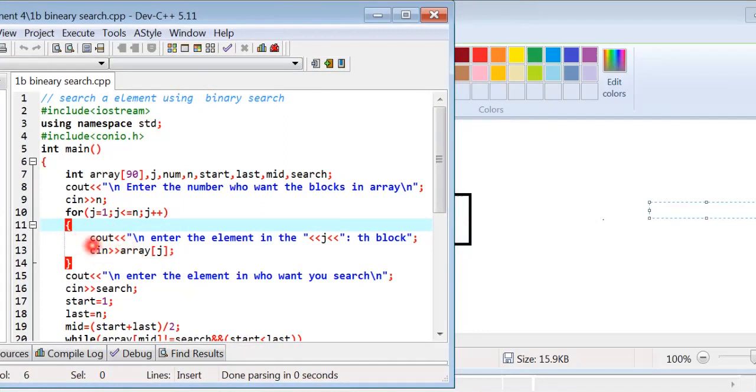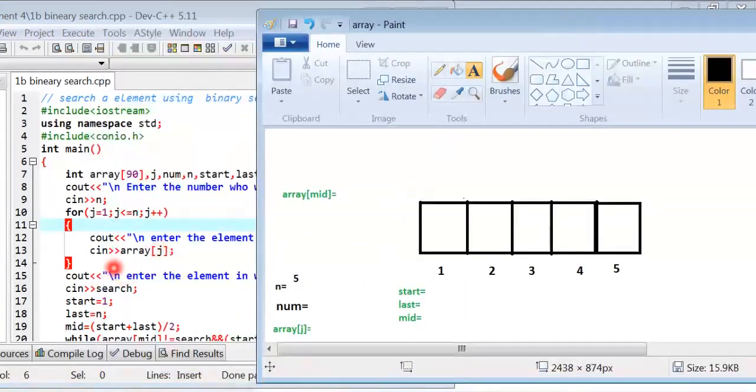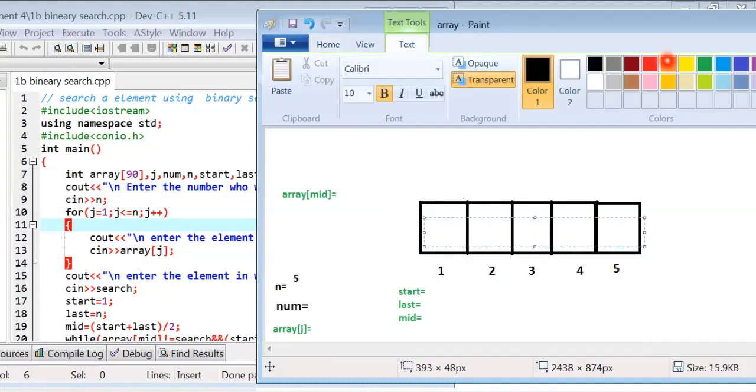We use the for loop because we want to insert values in the blocks of the array. We enter the value with cin in array j: 1, 2, 3, 4, and 5.